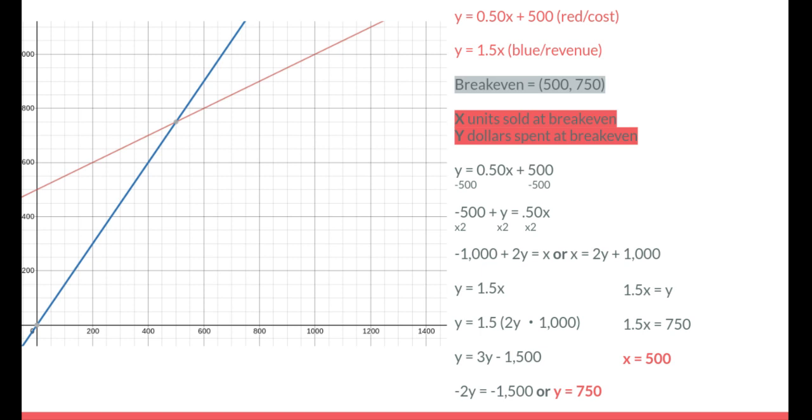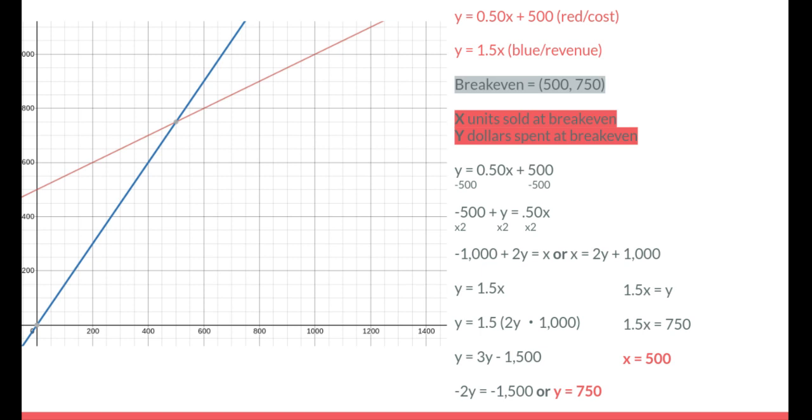And then you would substitute the equation right above that for x, and it would be y equals 1.5 and then 2y minus 1,000 in parentheses, and you distribute the 1.5, you'd end up with y equals 3y minus 1,500, and then after you subtracted the 3y from both sides, it would end up as negative 2y equals negative 1,500,